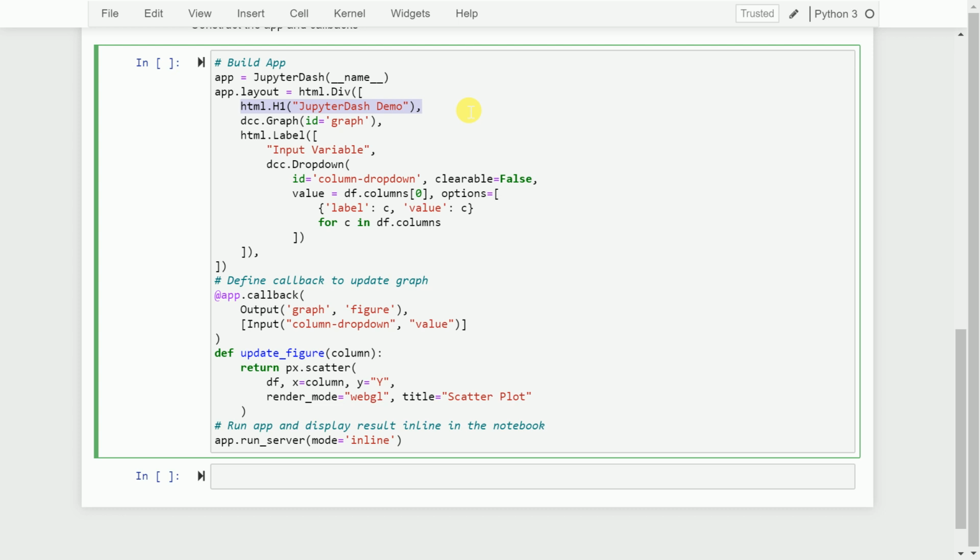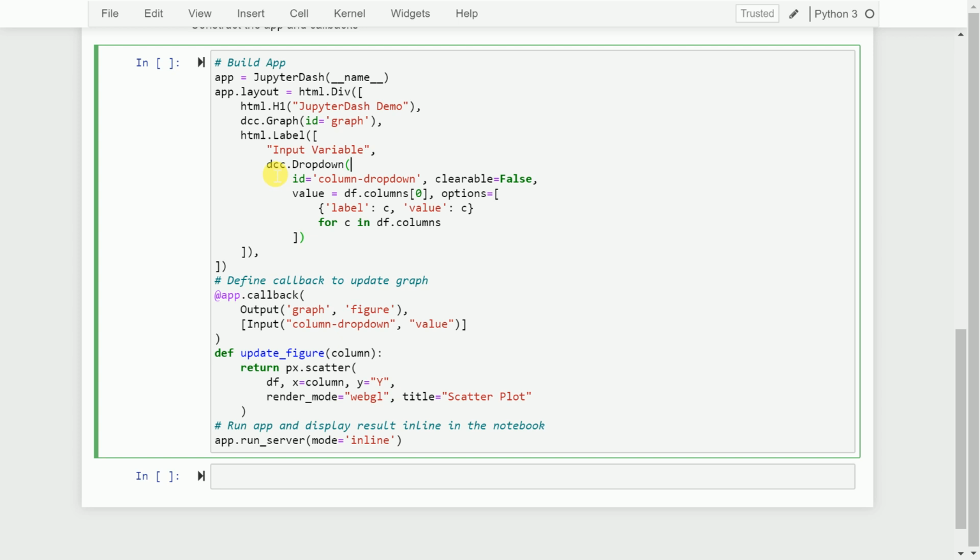Since it is a web application that I want to create, I would be interested in returning a dynamic graph. So that is what I'm doing here. What I'm saying here is I'll have a graph in my HTML with the ID equal to graph. If the graph is static, then you're not making use of the dynamic nature of Plotly. So I want to keep changing the variable names and plot a scatter plot, or plot a relationship between my features and the target variable, which is what is achieved by this piece of code.